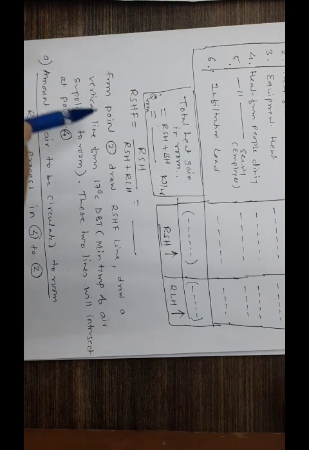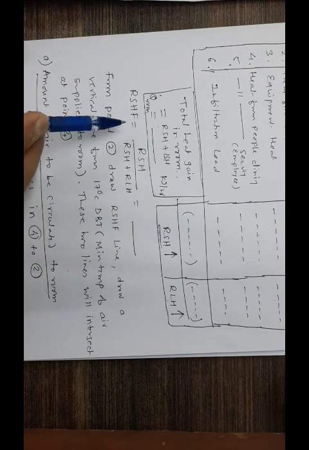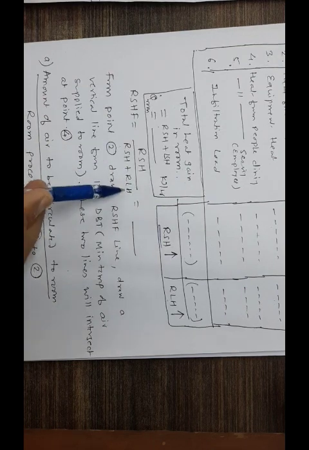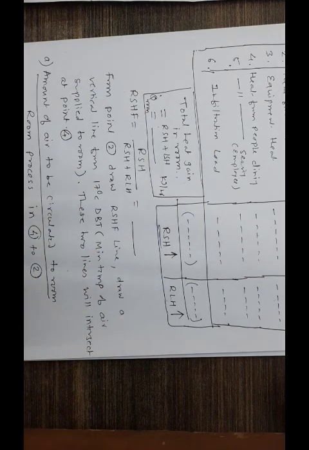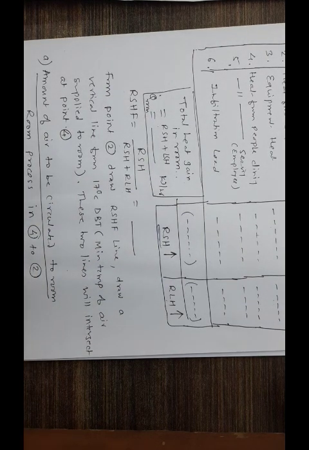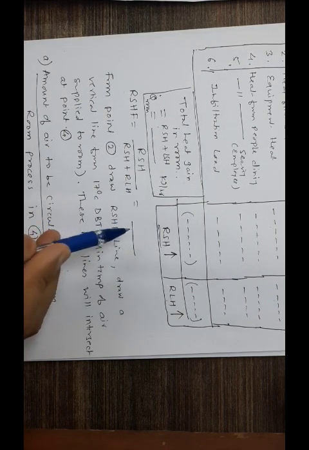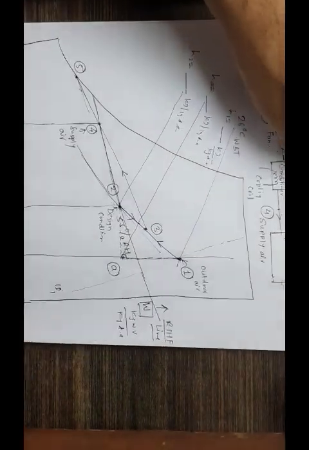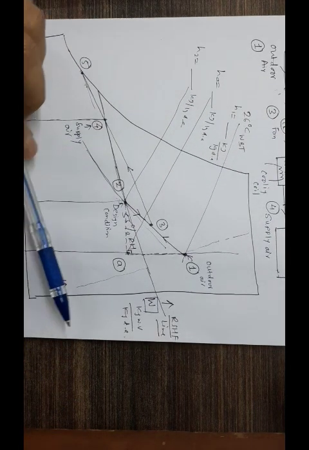Having done this, now we know the total amount of heat gained inside. So we are going to next find out the RSHF. If you remember, we had the room sensible heat factor, which is equal to room sensible heat upon room total heat, room sensible heat plus room latent heat. We know everything here, so we can find that value. Suppose this comes as 0.8, I don't know, you will have to calculate and check. Now what I'm supposed to do is go on to this particular chart, and on this I am supposed to draw a line of 0.8 slope.